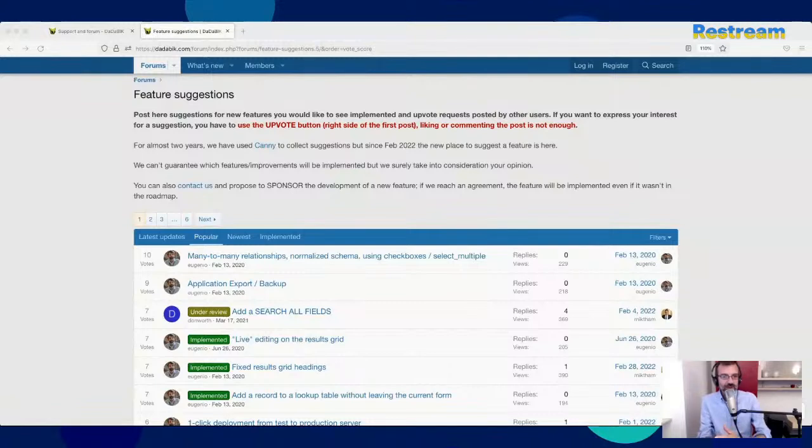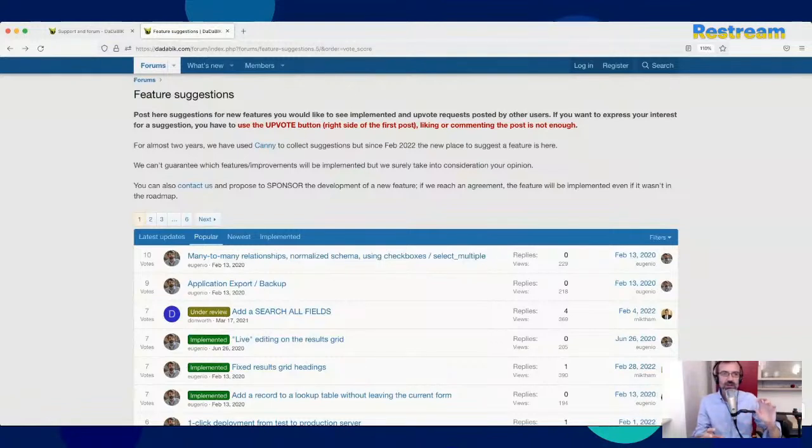So this is the most user-friendly way, but from the point of view of the database design, it is not a normalized schema, so maybe it's not what you want. The idea of this suggestion was a combination of the two. You have this bridge table, but the user doesn't see the table.